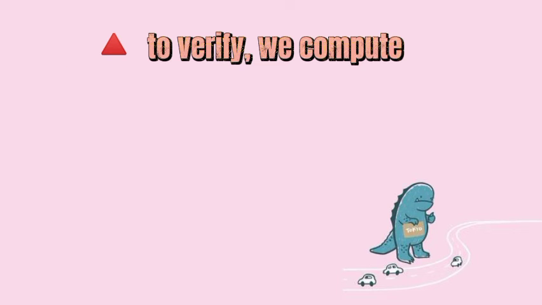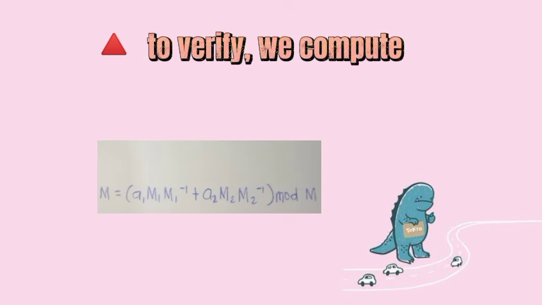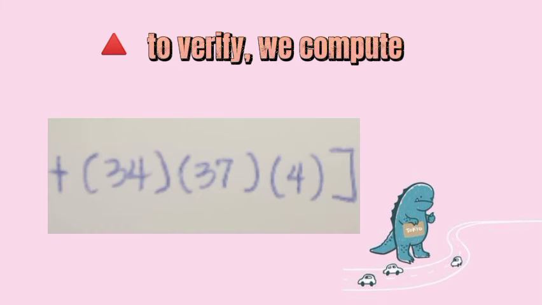To verify, we compute 23 and 34 is equivalent to a sub 1, c sub 1 plus a sub 2, c sub 2 mod m, which is equal to a sub 1, M sub 1, M sub 1 raised to the power of negative 1 plus a sub 2, M sub 2, M sub 2 raised to the power of negative 1 mod m, which is equal to quantity of 23, 49, and 34 plus quantity of 34, 37, and 4